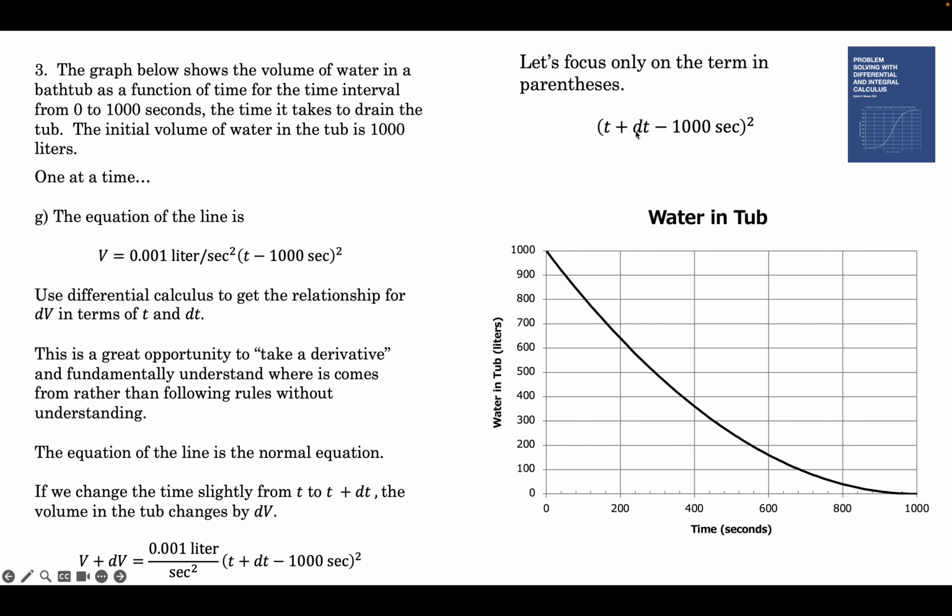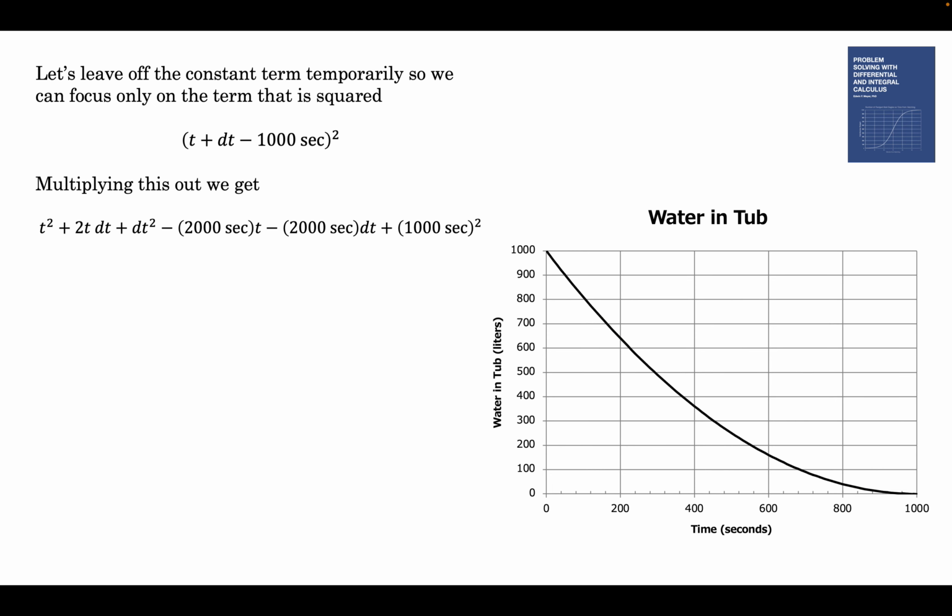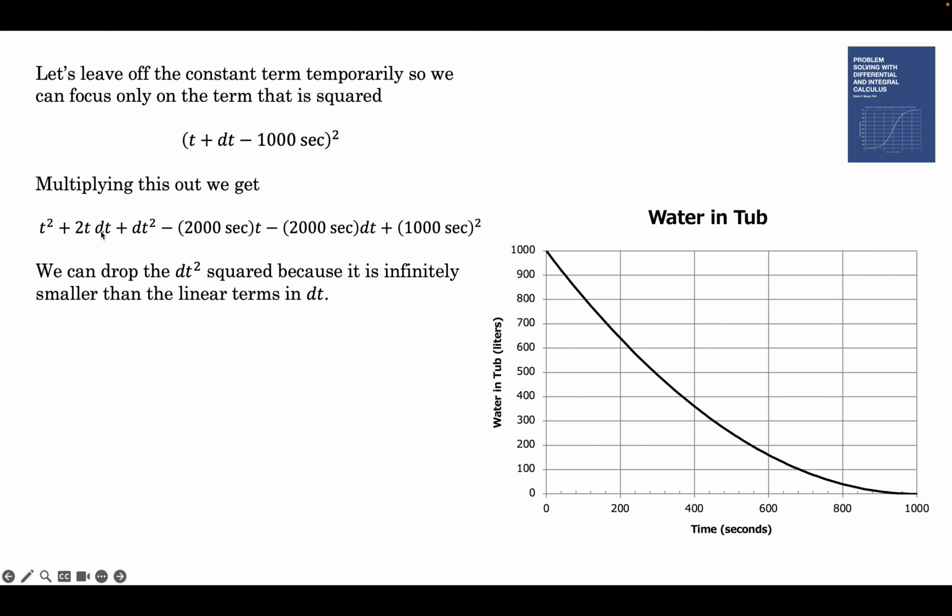this one right here, because that's going to be a pain. We have to square that, and there's 3 terms in it. So we're going to take it slowly, leave off that constant term, just focus on that term. So multiplying this out, we get this. And this is dt squared. It's nonlinear. We can throw it away. It's infinitesimal compared to 2t dt. So we drop that,